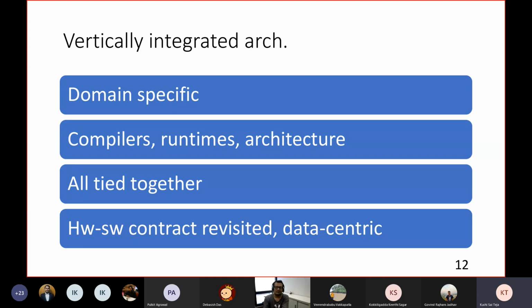We have already looked at notions like processing in memory and processing near memory, which are nothing but data-centric approaches. It's a different approach from the conventional one-size-fits-all model. And slowly, if you go up the system stack, you're talking about a completely different system stack where everything is designed keeping all the other layers in mind. They're not designed in isolation the way they were in the past, or maybe currently.